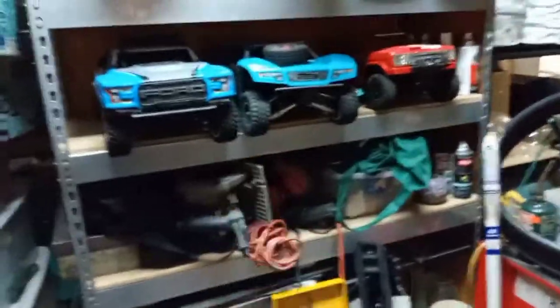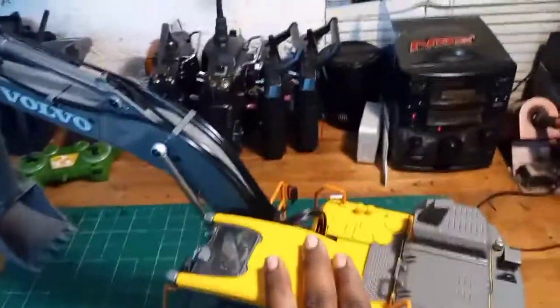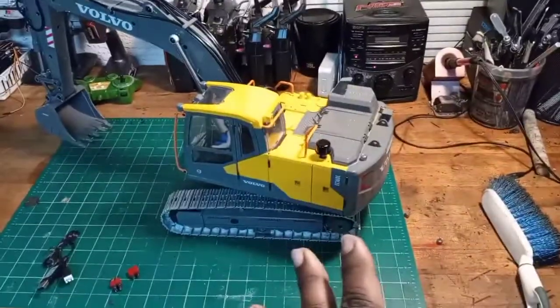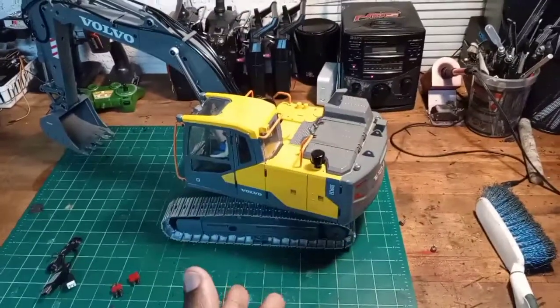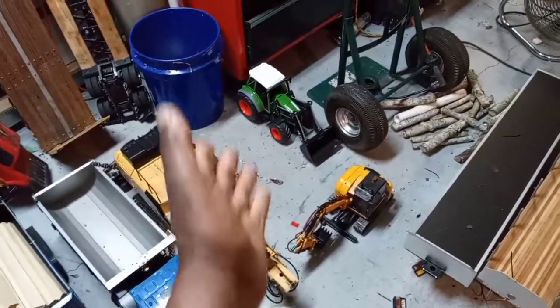So you need the flex. Or even, like I said, a Tamiya truck or something like that, they're full of plastic. So this thing being completely metal, it's awesome. And if you look at it again, for that price point, even if the thing was a piece of junk and it didn't work, you have a metal excavator that you can easily put any of the hydraulics into, like, for example, this one, all the hydraulics that are NAT, you can easily put into this